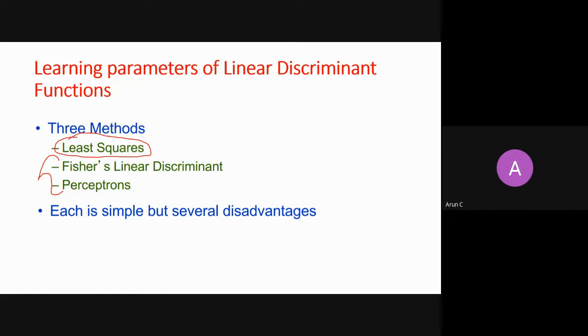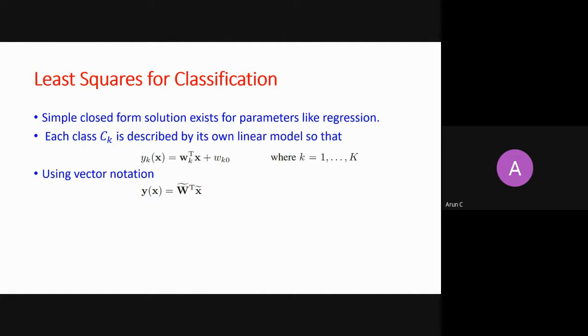Are you clear with all this? So this time I'm going to discuss a method which will tell me what my W's, the parameters, are. And for multi-class classification, there are so many hyperplanes, so there are so many W's. Let's understand it one by one. This is the least squares formulation. We already know that when we do least squares, we can always find a closed form solution, so let's try to do that here as well.